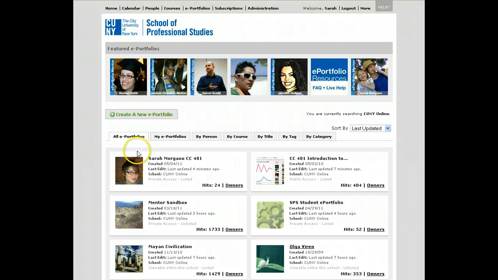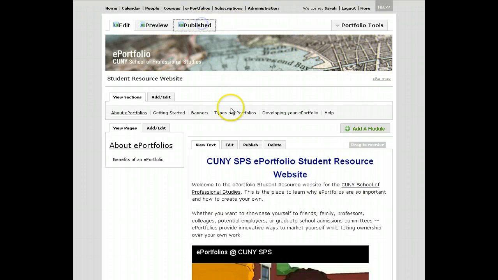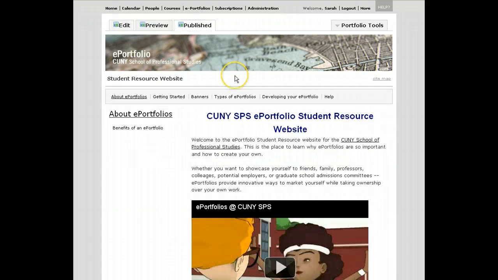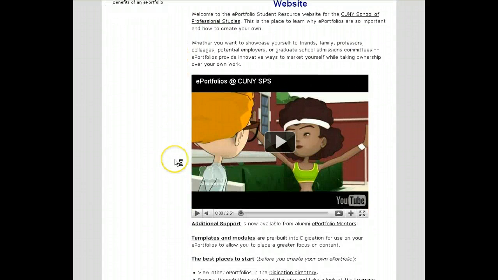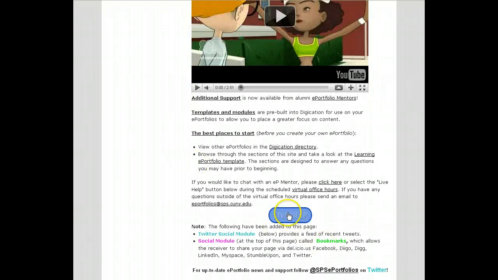Now, if you have any questions or run into any problems as you work on your ePortfolio, please know that you can always access the student resource website, and this has some helpful information as well as access to our live help. And please know that ePortfolio advisors are available every day during the scheduled virtual office hours. But if you have any questions outside of the virtual office hours, please don't hesitate to send an email to